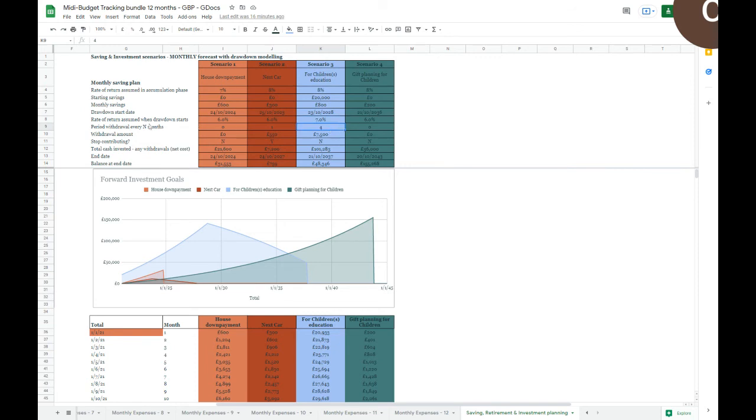And then we switch to a withdrawal every 4 months. So this row here is detailing the rate of return in drawdown, how often you withdraw, and how much you withdraw. So in this case, it's like a university education or private school, £7,500 every 4 months. It's modelled as such. Timing may vary, but for mathematical purposes, not particularly significant. And in this case, you don't stop contributing. Where you did for the car, you don't stop contributing for this education. So you keep paying in that £800 a month, even though you're drawing periodically more than 800 at the peak, less than that in the beginning, or none in the beginning.